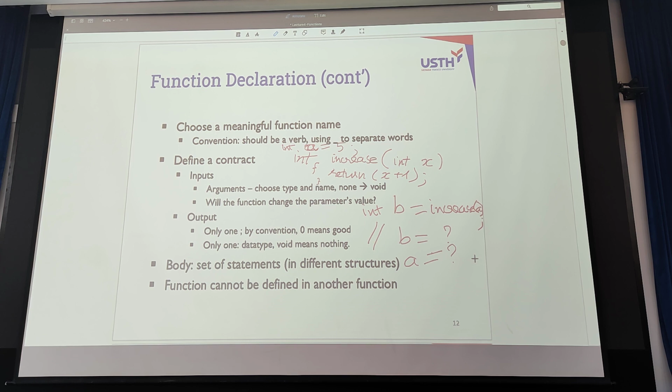And I call the increase function of A. B is equal to increase of A. And the question after all these statements: what is the value of B and what is the value of A? B is 6, good, and A is 5. No, it's not 5. But B is 6 is correct.